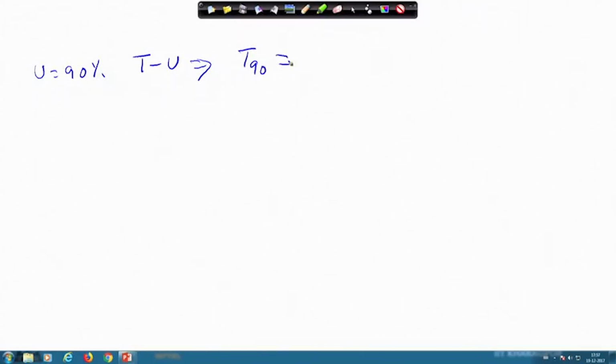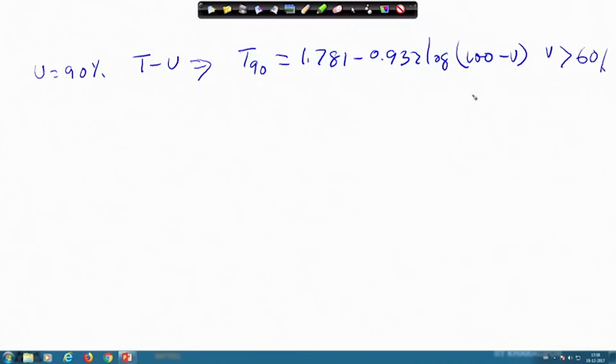Since I know the equation, T equal to 1.781 minus 0.933 into log of (100 minus U), this is when U is greater than 60%, and when U is less than 60%, your equation is T equal to pi by 4 into (U by 100) square. So, I have to use this equation. 90% is there, so U is 90. If I do this calculation, you will get